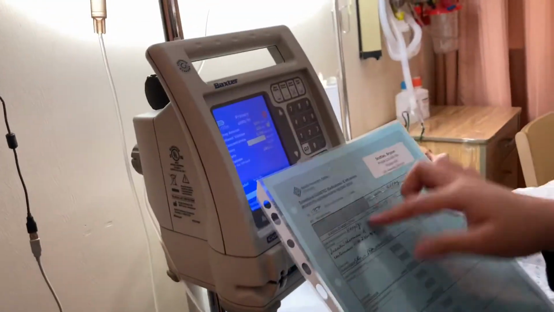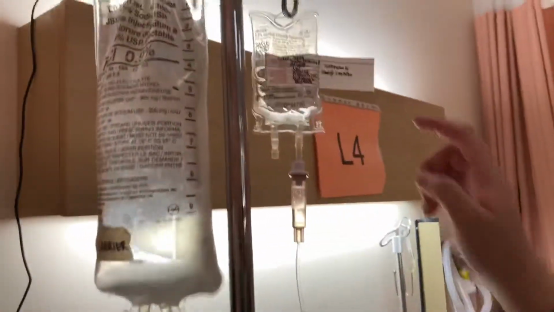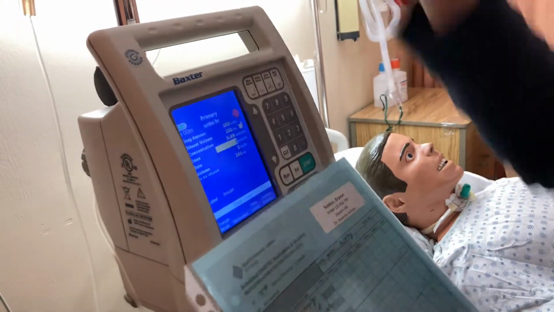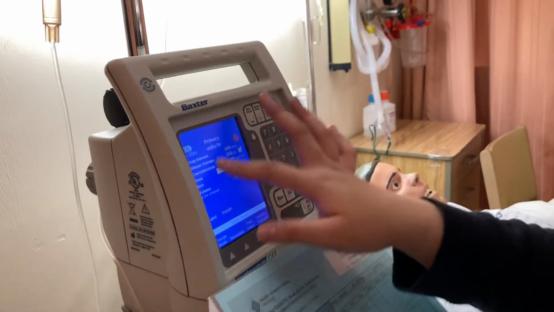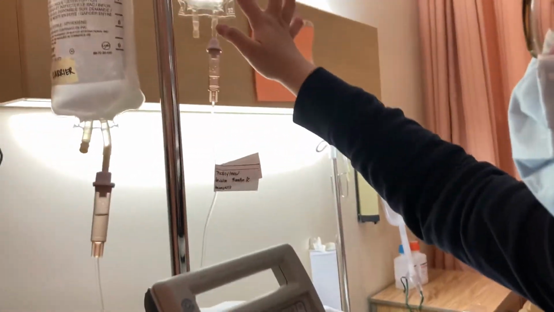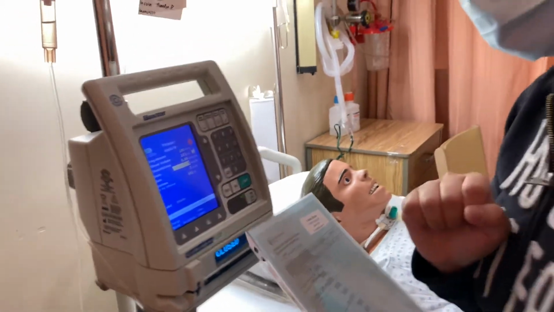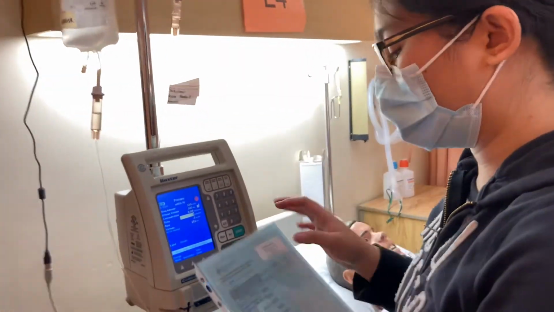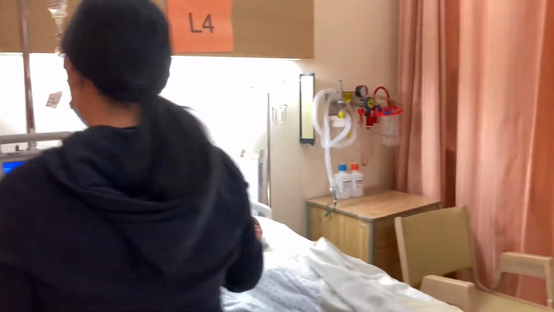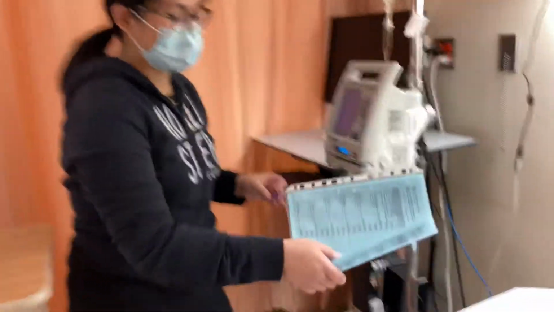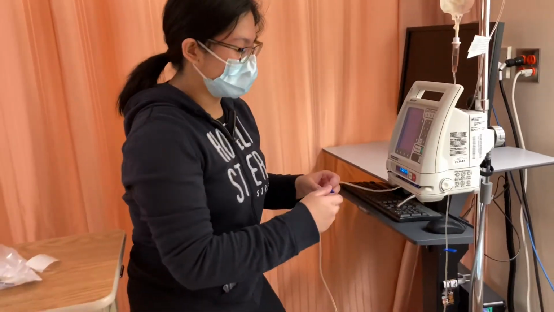And our dose, because it says here 2 units per hour, we will press 2. And our rate will be 2 milliliters per hour. Our volume to be infused is 101. So I'm going to press confirm primary. At this point, I'm going to be calling a second nurse over, and they have done the independent checks. They said that everything matches. So everything is matched. I'm happy with that. That means I'm good to go. They have confirmed there are no discrepancies.